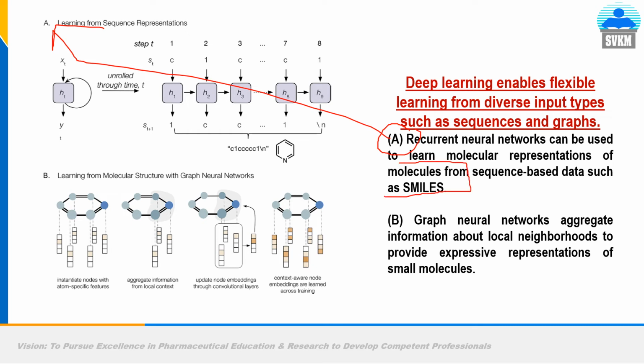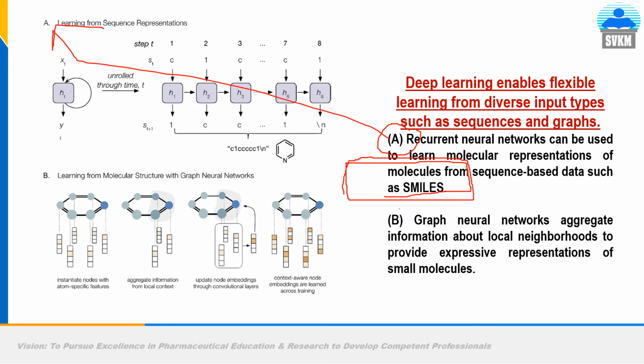As I told you, RNN is basically for processing sequential data, for example words, numbers, sentences or SMILES, in which the next token, next number, next symbol, next atom, next bond is entirely based on the earlier input. This is called sequential data. For example, if you know the sentence is in present tense and you have to say "I am going", if "I" is there and "going" is there, definitely RNN will choose the token "am", because it knows the grammatical rules as per training during the model development stage.